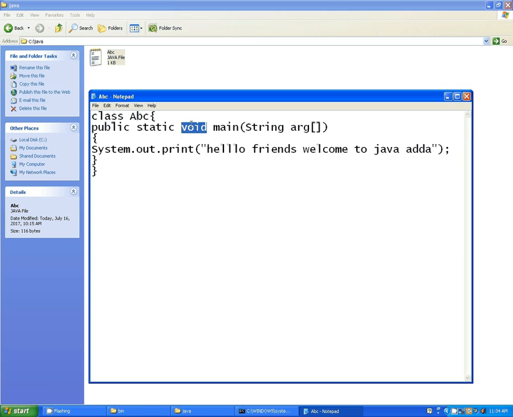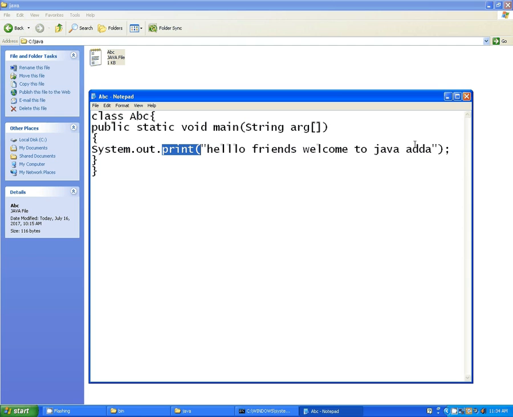Main is the name of the function. Here I am passing one array as a parameter inside that function. There is again one more class, and one more thing to remember, that you have to start the name of a class with a capital letter. Similarly, System is a class. In the System class, there is a function printf. That function is going to print a message for you.